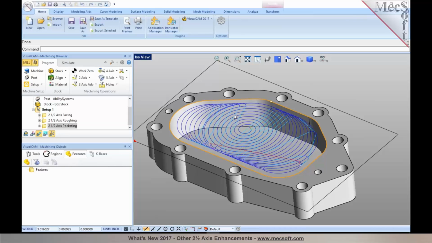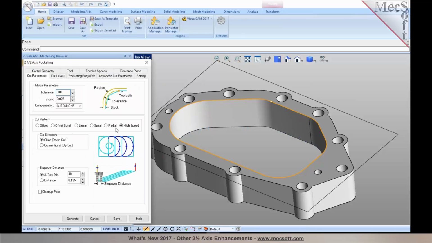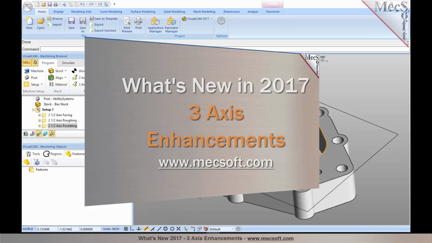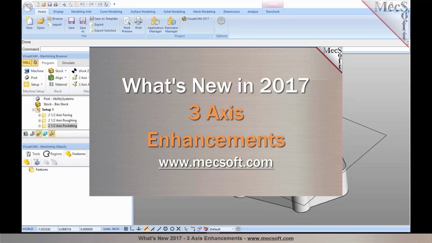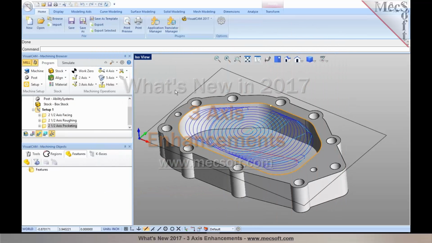This toolpath is formed with constant tangential arcs, so it maintains constant cutter engagement and prolongs tool life. So in pocketing, you could now pick from any of these cut patterns, and the high-speed pocketing operation is now unified into the two-axis pocketing operation. So making it easier to program your pocket toolpaths rather than having to go through the process of selecting another method. So the next thing I'm going to be talking about is a three-axis toolpath method,